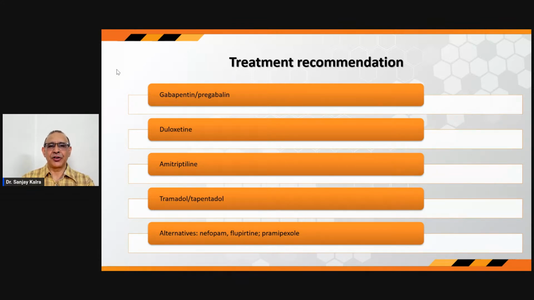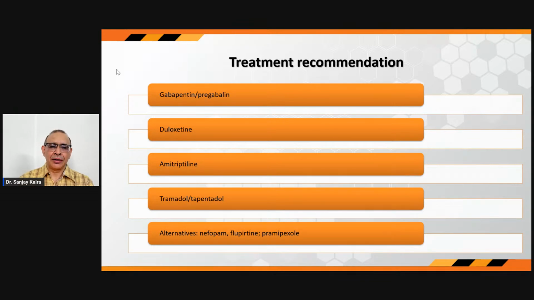These are safe to use for a short period of time. But now, what is happening is in many states of the country, they are not easily available because there is a lot of paperwork involved with their prescription and dispensing. So sometimes we need alternatives. So if tramadol or tapentadol, 50 milligram BD, 50 milligram TDS is not available, you may wish to explore an alternative like